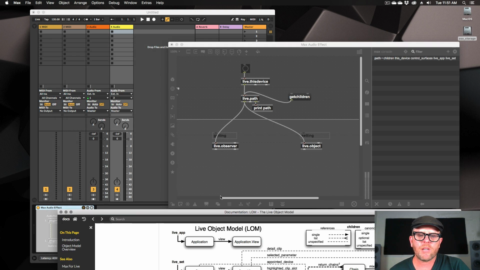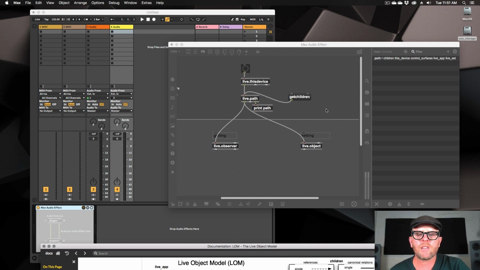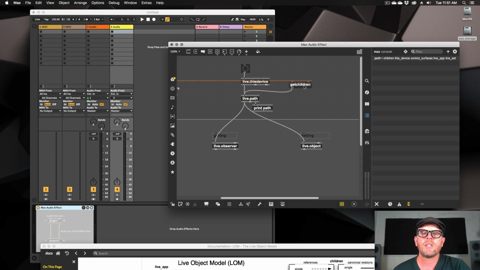So let's come in here, and again, I'm not going to look at this right here. I'm going to get away from this model right here because I want to be able to just kind of cruise around and look at this thing and explore. So if I want to move down into that, I'm going to use a message path live_set, and that's going to drill us down one level down into here. Now we see we've gone down a little bit further in,